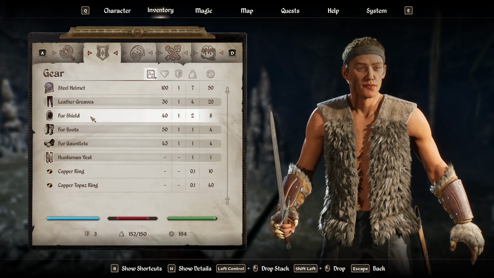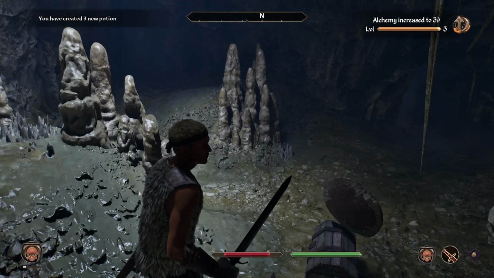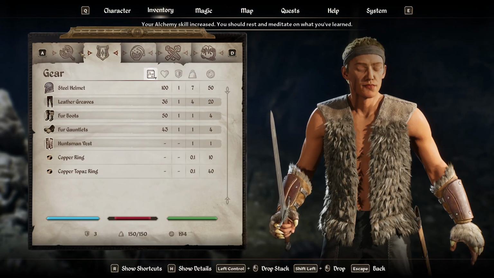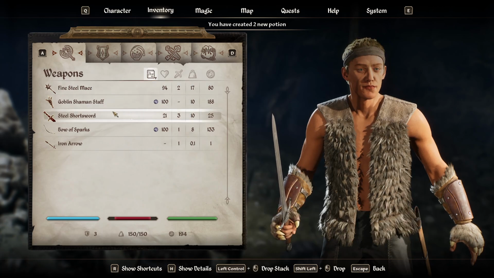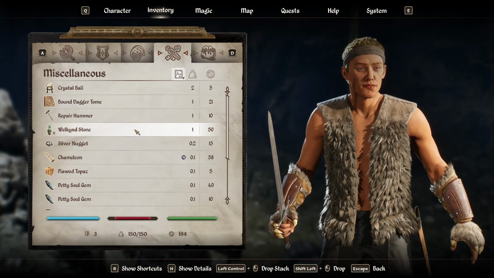We're not going to use this shield, so I'm going to drop it. I'm still over encumbered? I thought that'd be enough. And I don't want to drop the mace either because I can sell it, so...